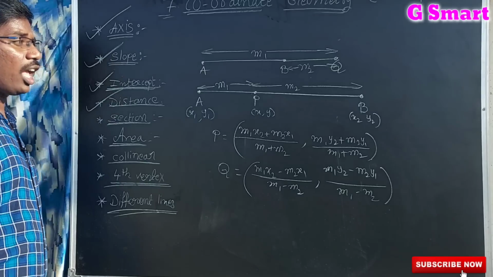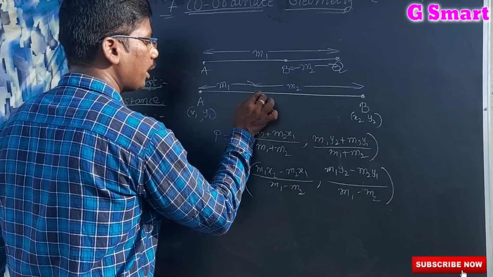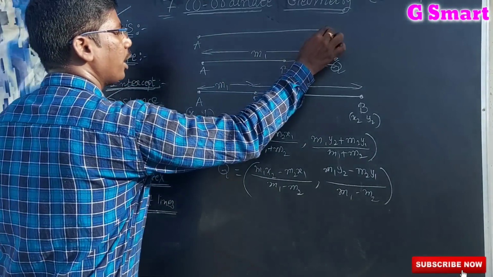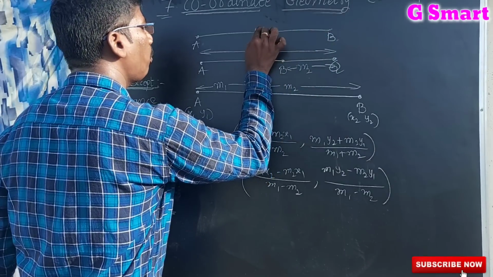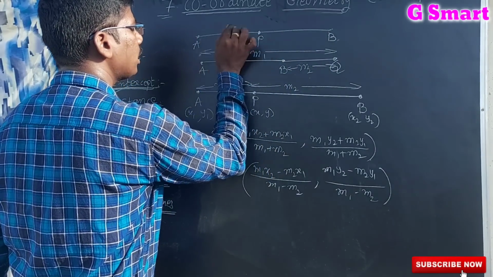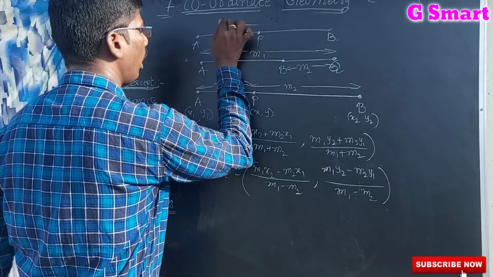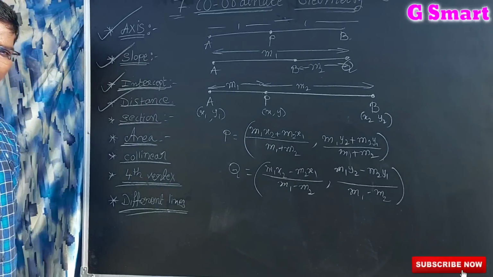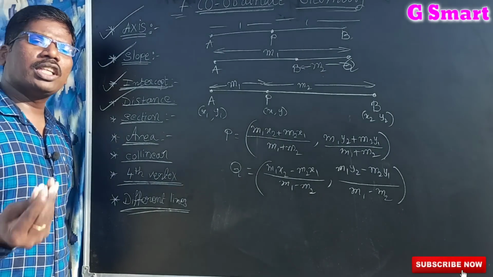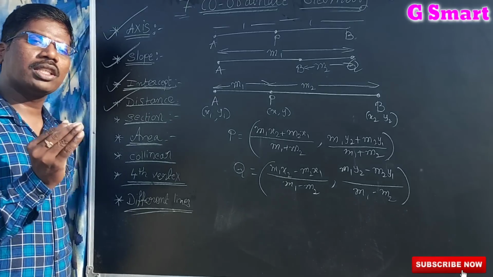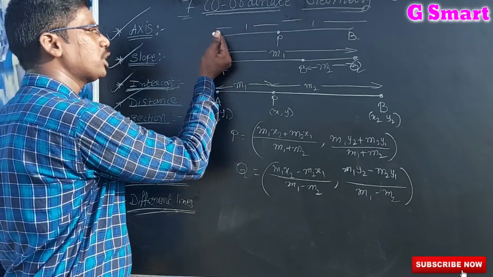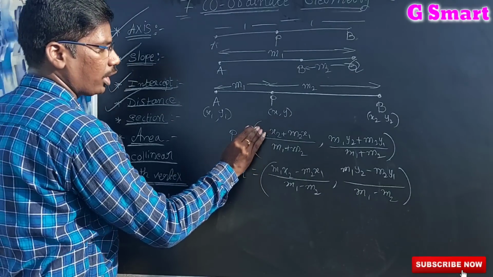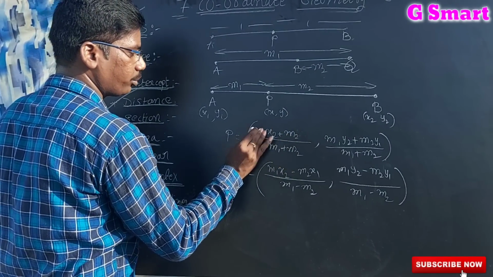See, this P point is here, this Q point is here. Sometimes AB is a line and P will be the midpoint, which means the distances are the same: this is 1, this is 1. If you take 5 and 5, 5 ones are 5 ones are 1 to 1 only. If you take 2 and 2, 2 ones are 2 ones are 1 to 1 only. So if it is the midpoint, the distances are the same, so the ratio is 1 to 1. So we can say that here the m value is 1, x value.